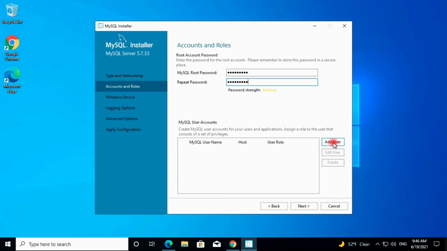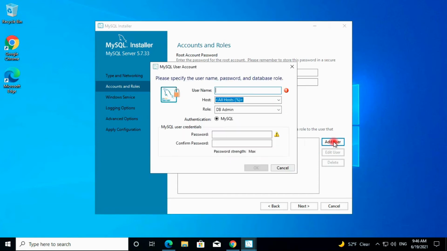If you want to add a user, just click on add. Okay, and a username, anything you can give. I'm just giving my admin. Okay, and here they are asking for host. So host, either you are going to connect to this MySQL server on localhost, meaning inside the server only, or from outside.